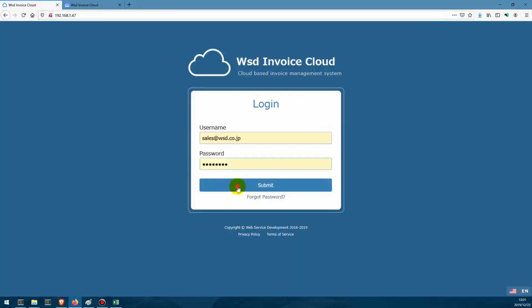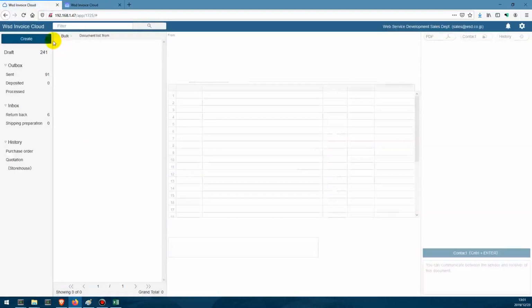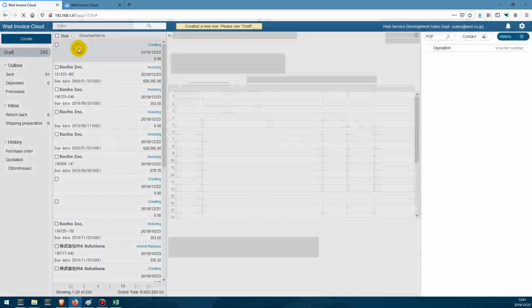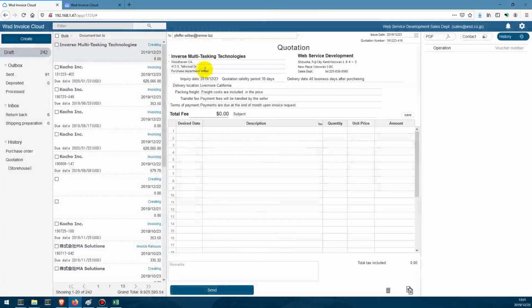So we go ahead to our sales account and we sign in. And we go over and create a quote, and we go into drafts, and then we want to go ahead and send a quotation to Inverse Multitasking Technologies, and this is put in by the administrator of the service. And then for the subject, I guess it's not front end or back end. Either way, it's a service